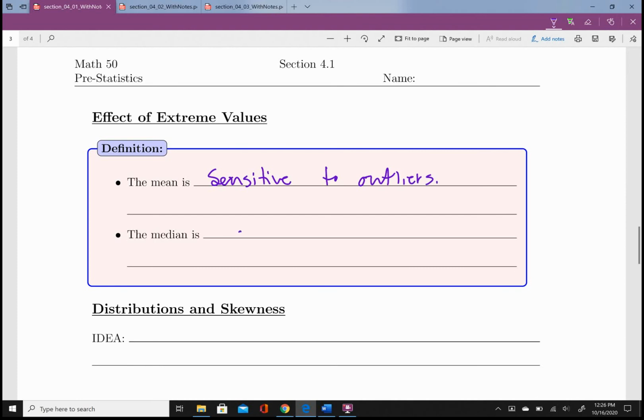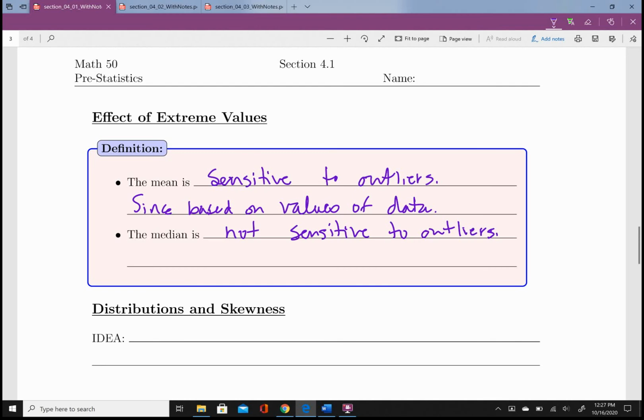Well, the median is not sensitive to outliers. And you may be wondering why. Well, the mean is calculated based on the actual values that are given in your data set. So since it's based on values of data, so really large or small values are going to have an effect on where the mean